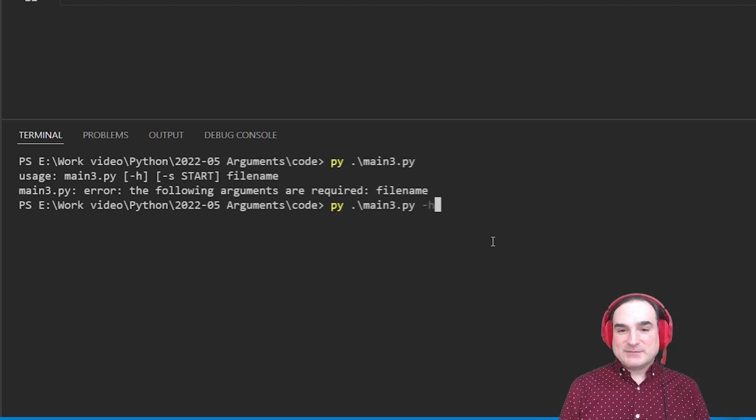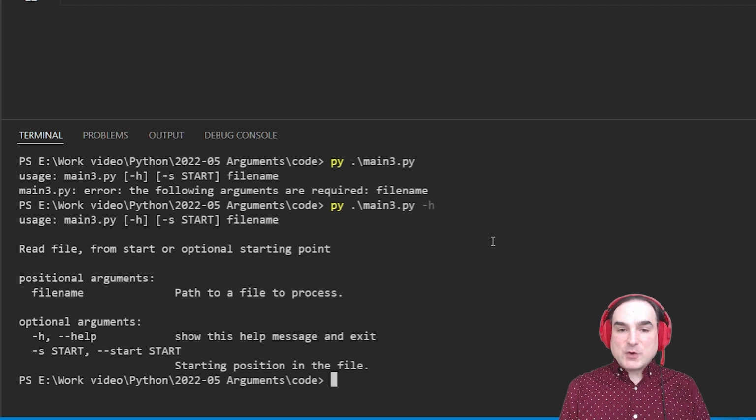That's another freebie. So if we run this program again with -h as an argument, we get a help description for the program based on the description we gave the parser and the help prompts that we provided for each argument. And again, all this comes with far less work on our part than with messing around with sys.argv directly and constructing our own methods for creating all of these things.